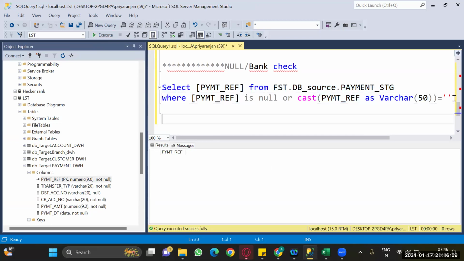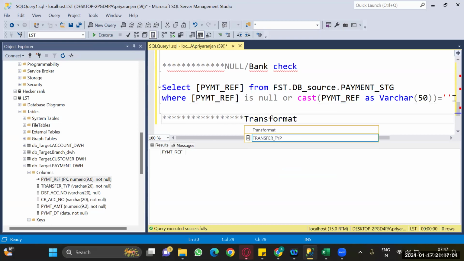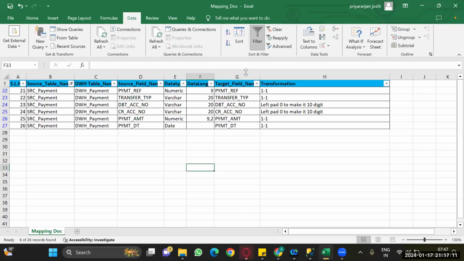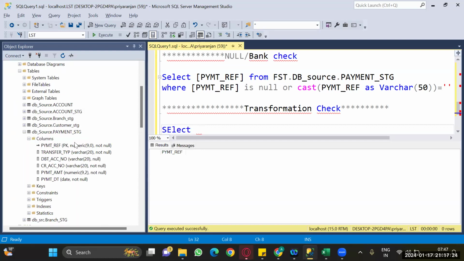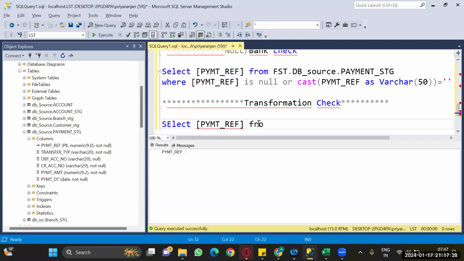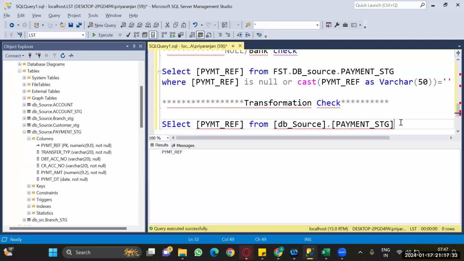Now the next is the transformation check. Let's do the transformation for this. First is payment reference. Payment reference is a one-to-one relationship between the source and target. So let's check whether we have any mismatch or not. Select payment reference from the source payment staging,